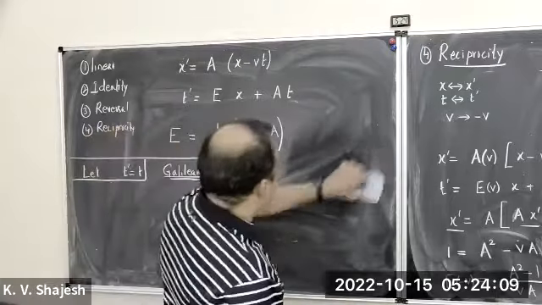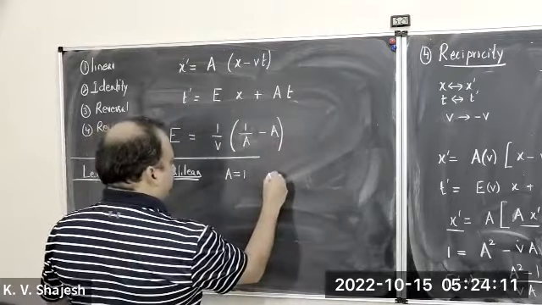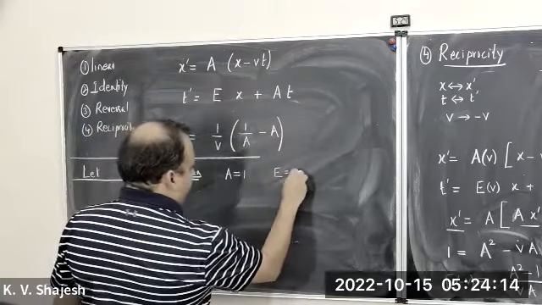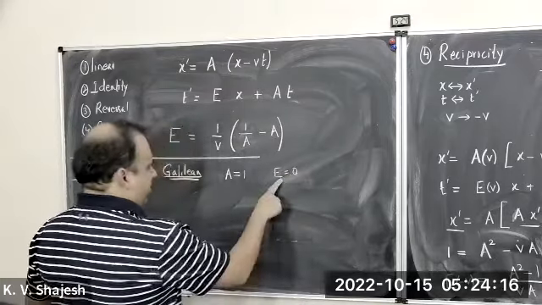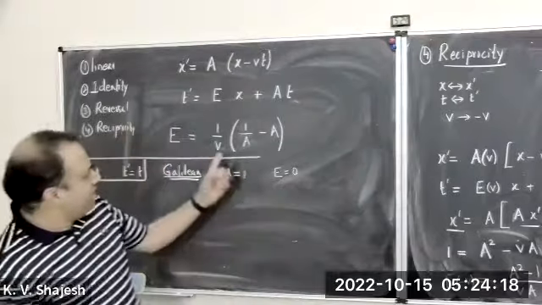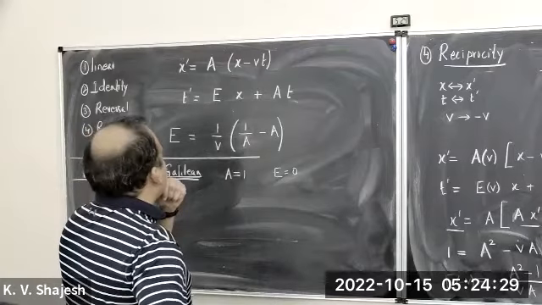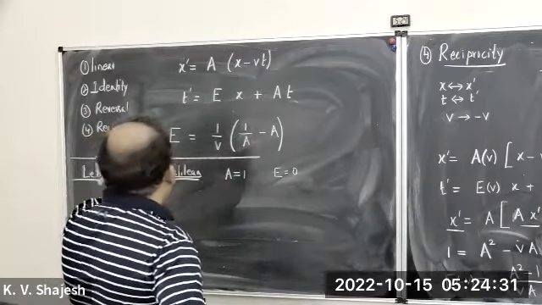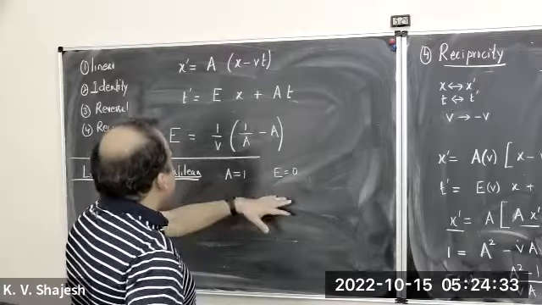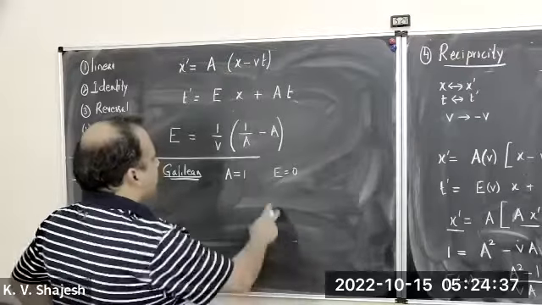Do you see what I'm trying to say? Or if you really want me to write, that's perfectly fine, but I'm just saying that this is not an additional requirement. It's not possible to have A equals 1 and E not equal to 0 and yet T prime equals T. Oh, you're saying, is there any other solution to get T prime equal to T? You will be compelled to take E equals 0 as well.